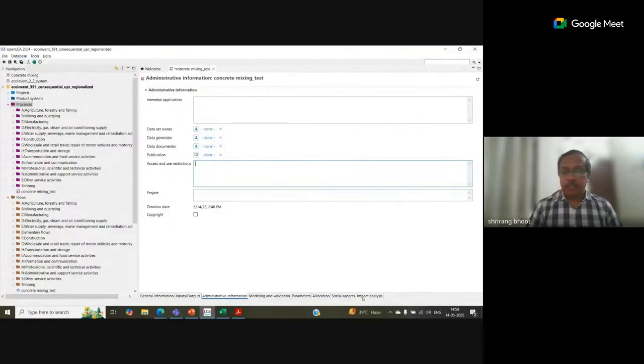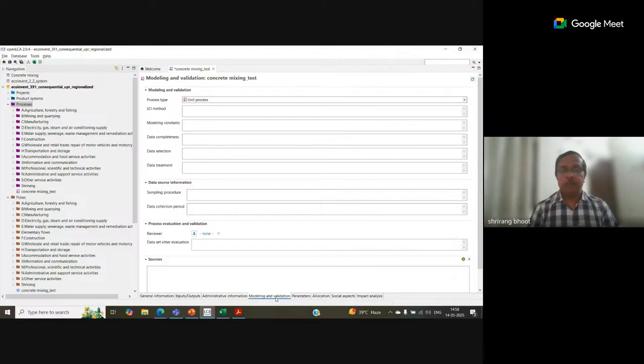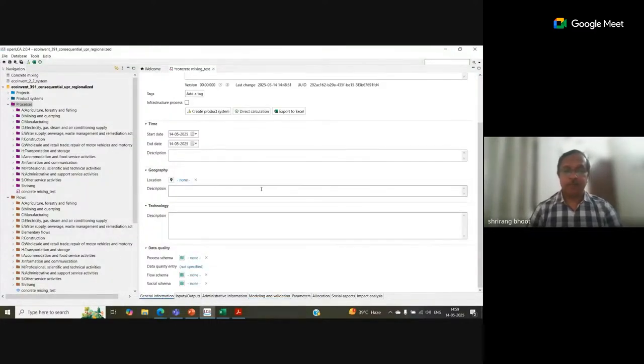And then there is modeling information: which LCI methods you are going to use, which modeling constants, data completeness, data selection. You have to write this down when you are developing a detailed LCA analysis for a particular process.